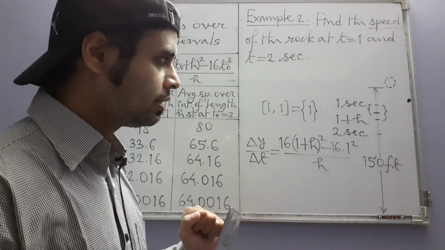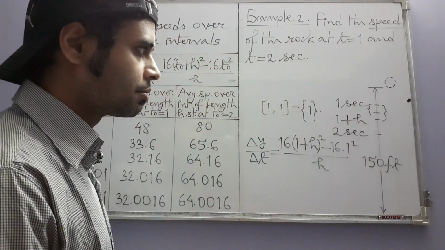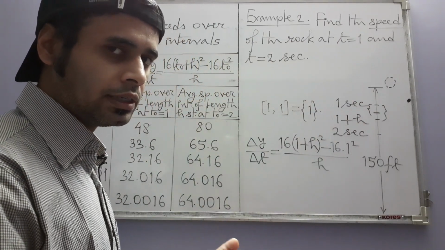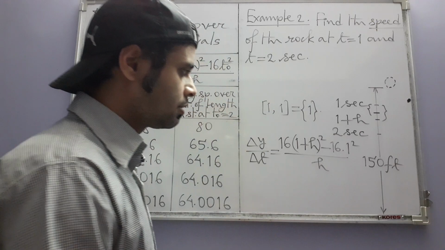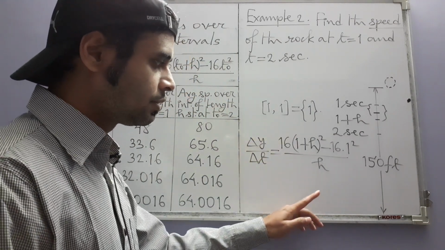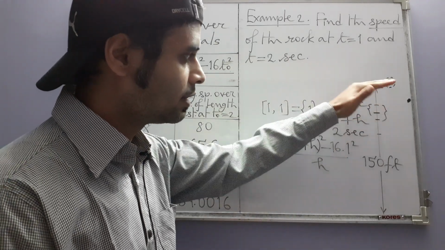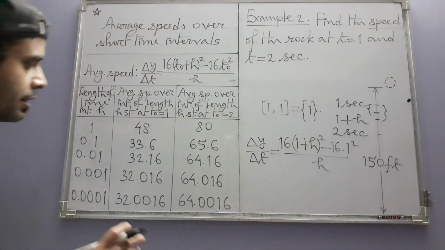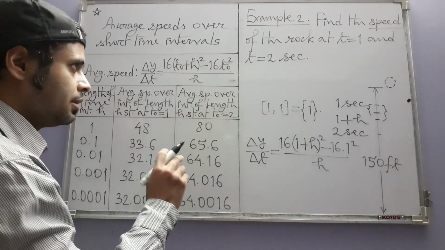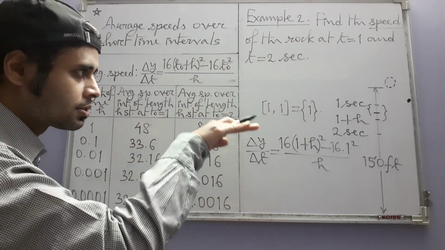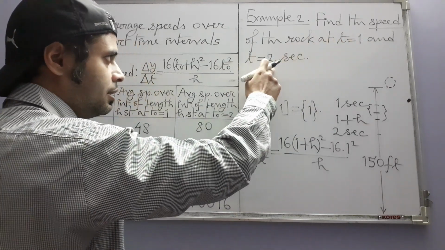Now here of course we are considering the 1 second mark, but in general, if one does this for any time t naught, then the value towards which the average speeds approach should naturally be defined to be the speed of the rock at that instant of time t naught, and that's what we have done here. Because we want two such instantaneous speeds, speeds at some instants of time, once at t equal to 1 second mark and once at t equal to 2 second mark,